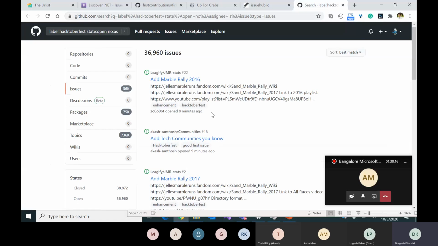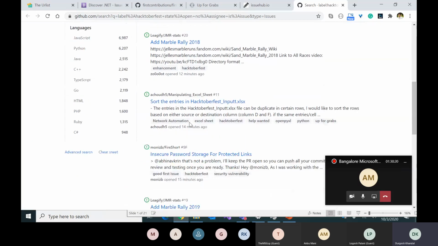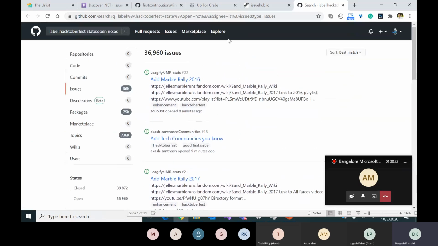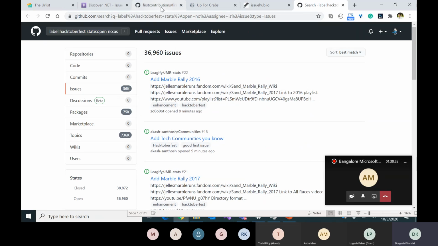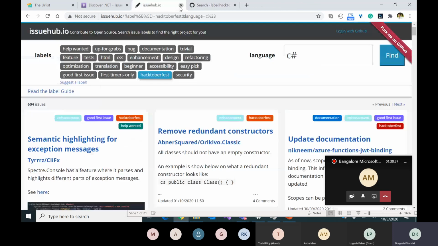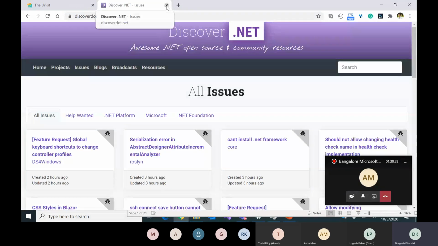Another good resource is GitHub itself, where you can go ahead and it is going to show you all those lists directly. So if you don't want to use any of these aggregators, you can directly go to GitHub and search for all the issues which have the Hacktoberfest label. I'm making a search here using the label. So these are some of the good places to start with. And if you would like to pick any of the projects on C# or .NET,